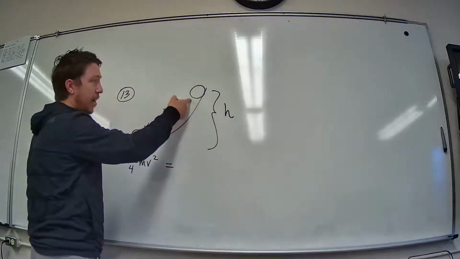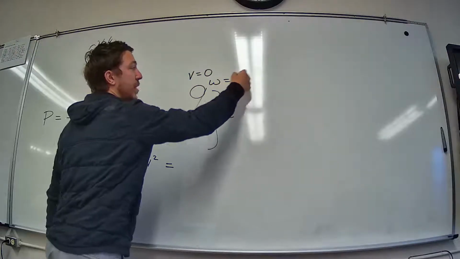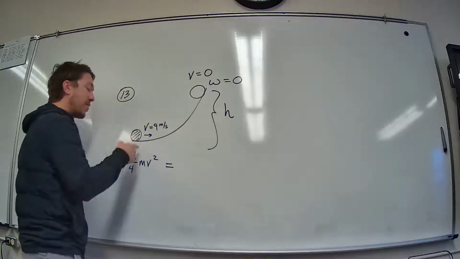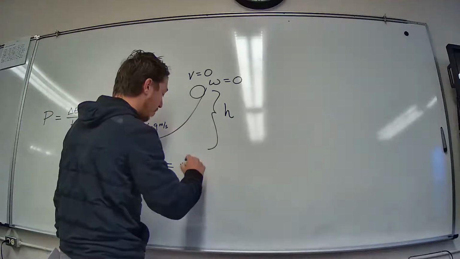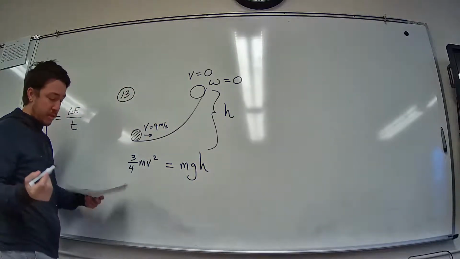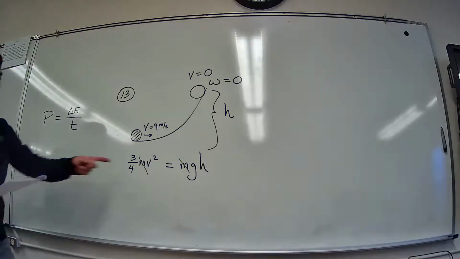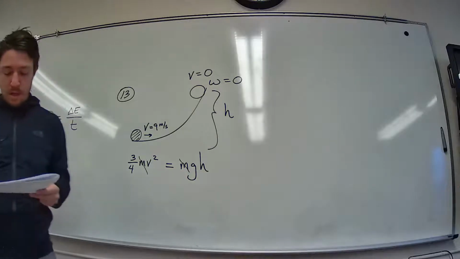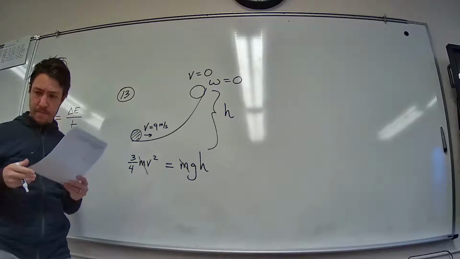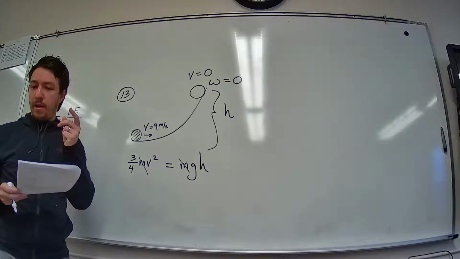Now when it reaches the top, it's not moving and it's not spinning either, so there's no more kinetic energy. All of that energy got transferred into potential energy. They give us the mass on this question, but the mass is going to cancel out of our calculation for the height. If you think about the setup, who would go higher up the ramp, a